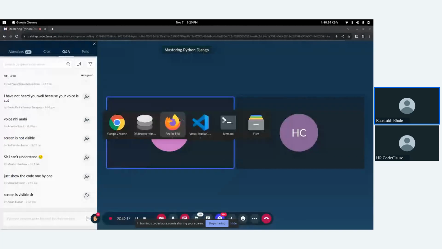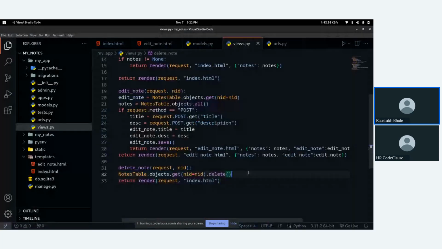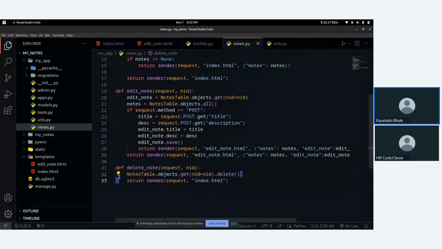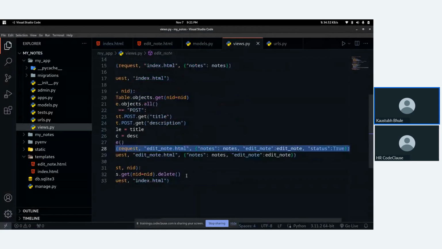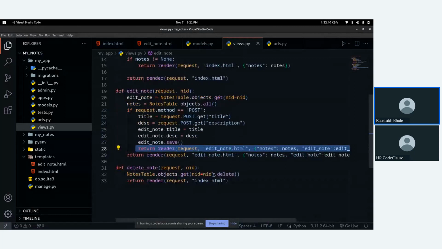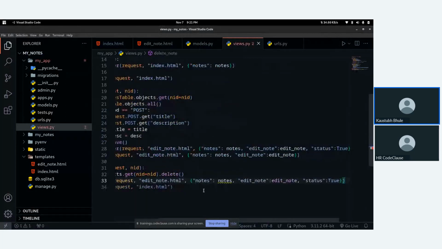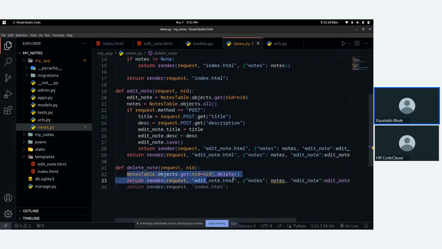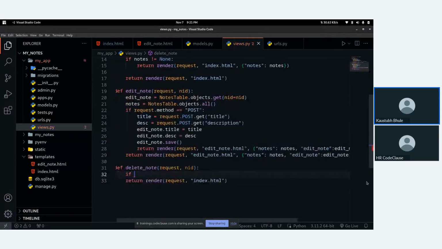Okay, let's implement delete functionality now. For delete, we have already implemented delete. Again, I will just paste this in here to return, and again I will write an if block, I mean if my request.method is, in that case I guess there is no post method.